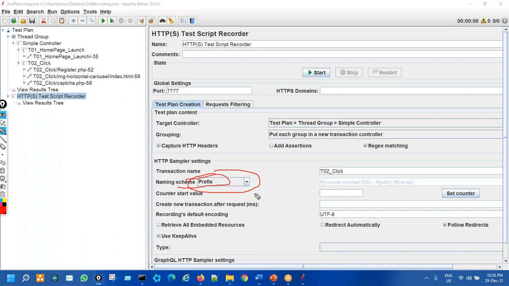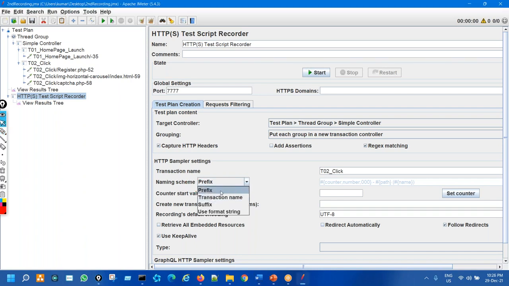Getting the idea, it is best practice. There are other options also, but I find this useful. Fine, so that is all about the recording. Next is